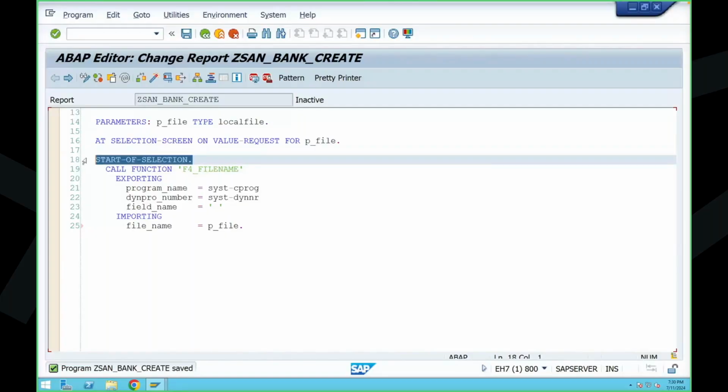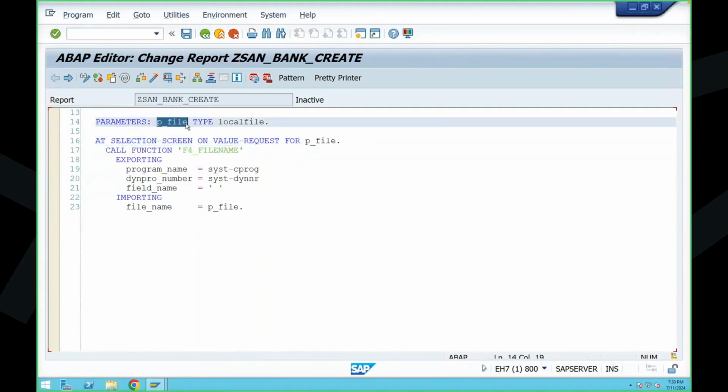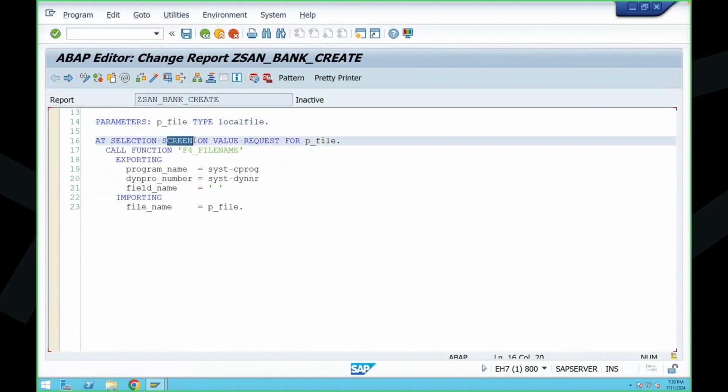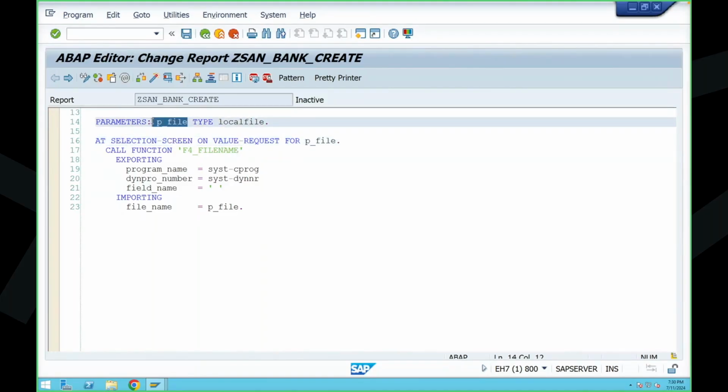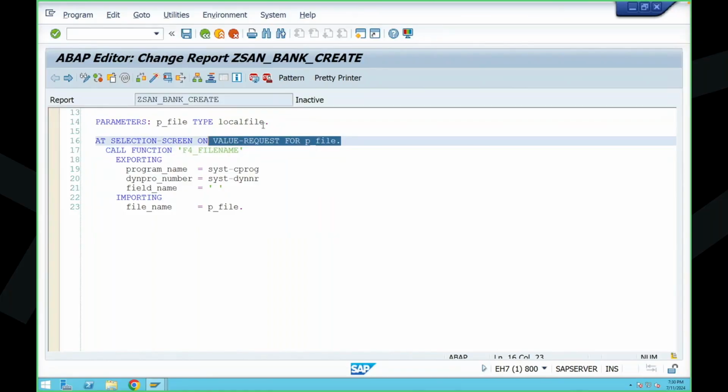So this must be under AT SELECTION-SCREEN ON VALUE-REQUEST. AT SELECTION-SCREEN ON VALUE-REQUEST is an event which is used to get the F4 help for the input selection screen. So this event will provide F4 help to this field. Because of that, you are able to pick the file from the desktop. Once this event provides the F4 pop-up, and when you click on it, it will go to this function